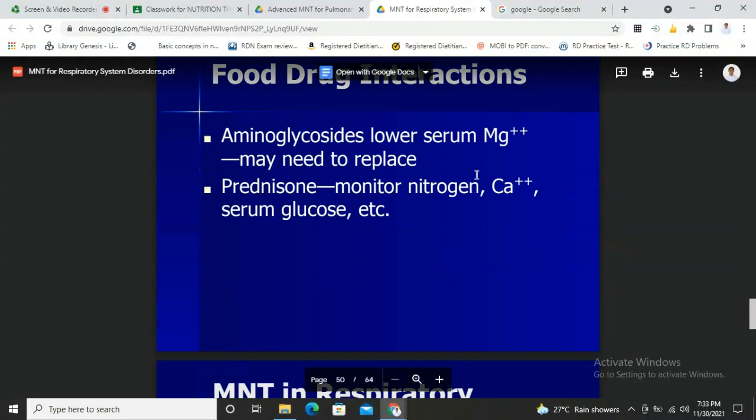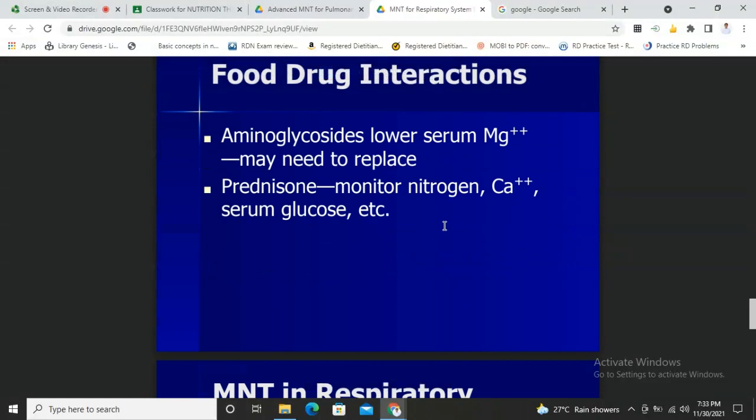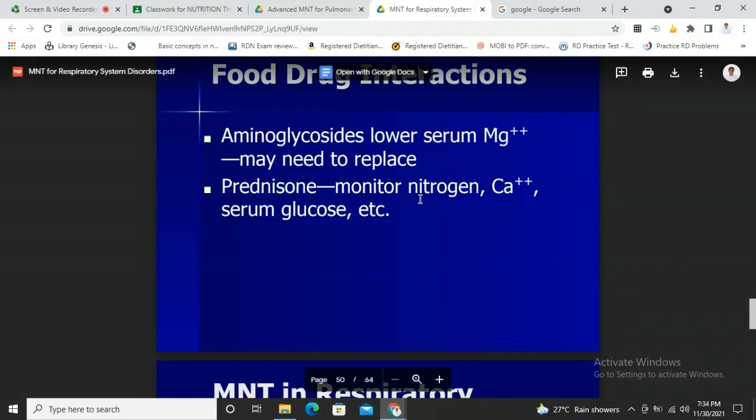Mao ni mga food-drug interactions nga katong ingon nako ganina. Aminoglycosides lower serum magnesium, so may need to replace. So you must ensure sa iyahang intake nga okay iyang magnesium para ma-replenish ang mga nangawala due to the use of this med. Prednisone, this is a steroid drug, aside from muscle wasting, which na-address na nimo through increased protein intake. Mao nang ingon niya i-monitor daw ang nitrogen,